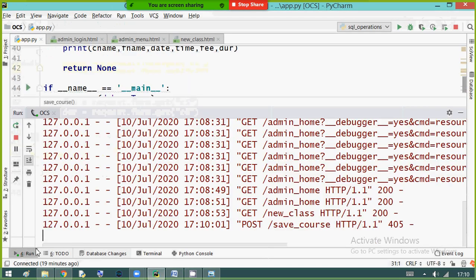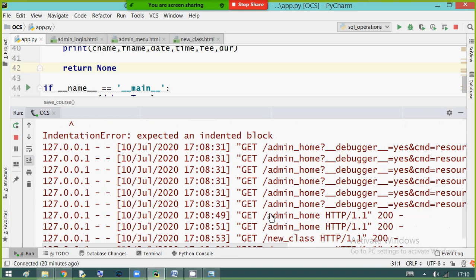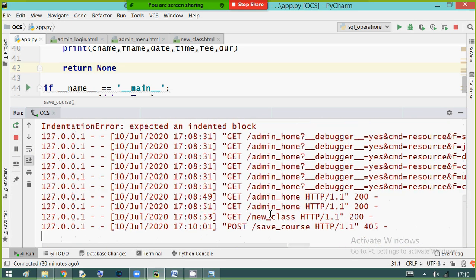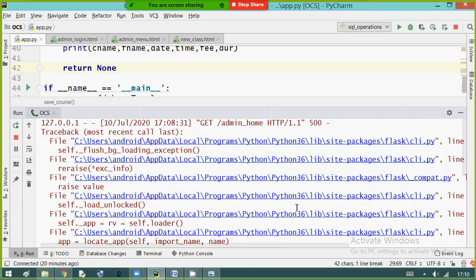Let me look into the run command. Save course is called, but we're not getting the data.